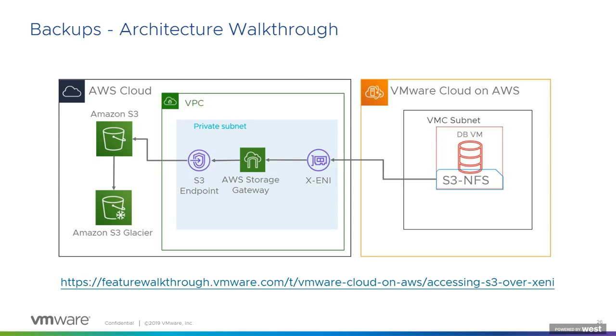To walk you through a simple how this integration works. On your left side, you can see AWS Cloud. On your right side, we have VMware Cloud on AWS. And if you have a database running on VMware Cloud on AWS, whether it's an Oracle RAC or a single